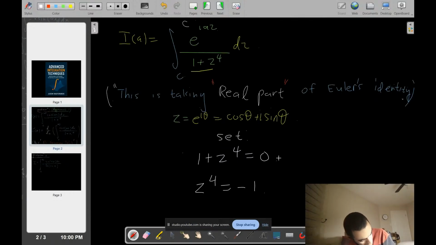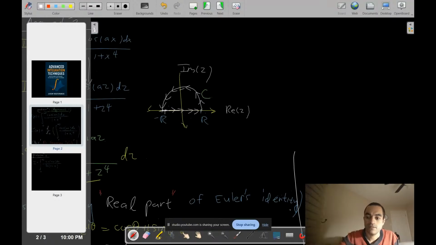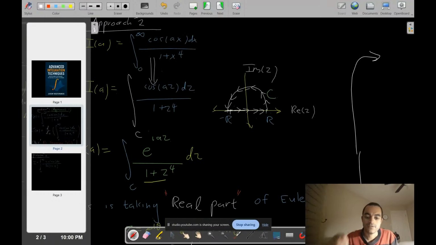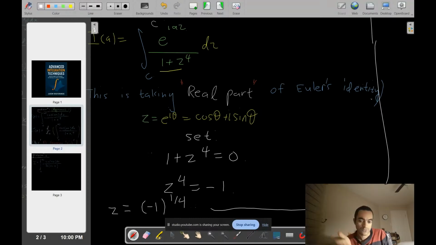What we're going to say here is that if we take the fourth root on both sides, z would have to be -1 to the 1/4, first off. That's the first thing. I'm going to continue over here. Then what we're going to put over here is, if z is equal to -1 to the 1/4, that's after solving for the roots of z.